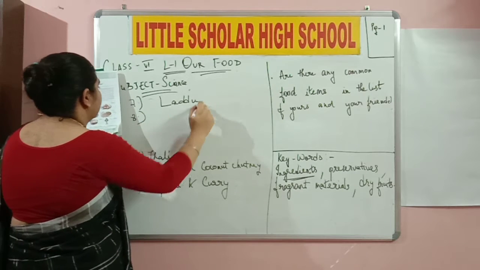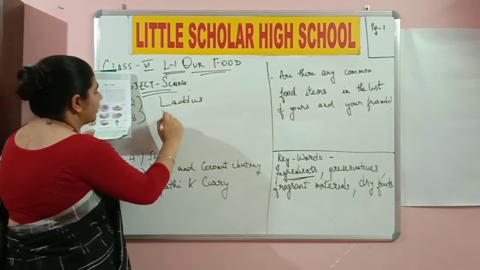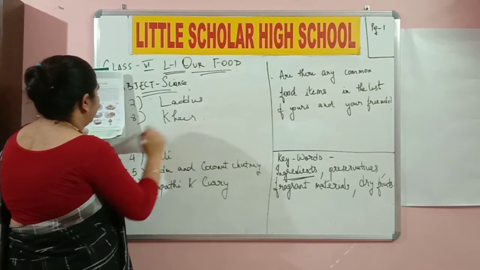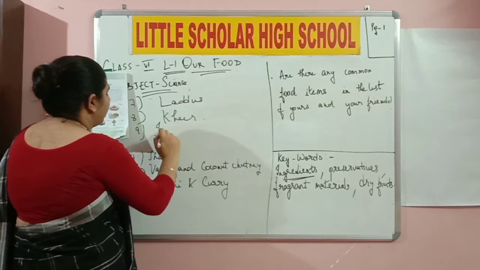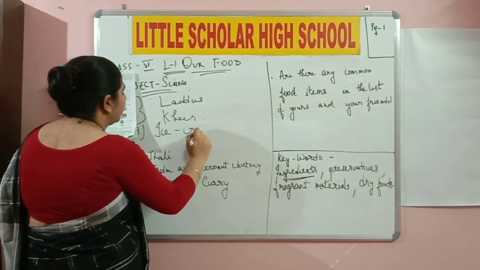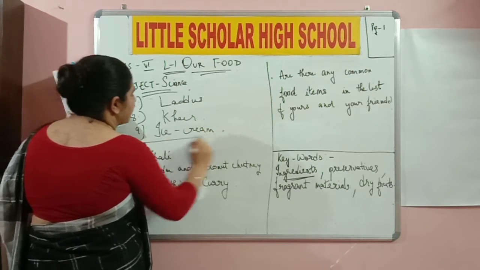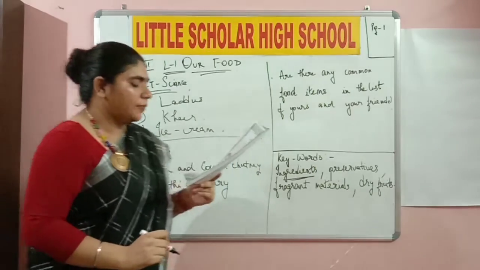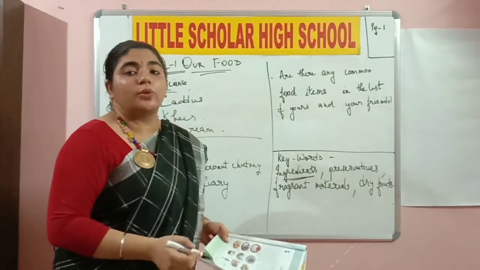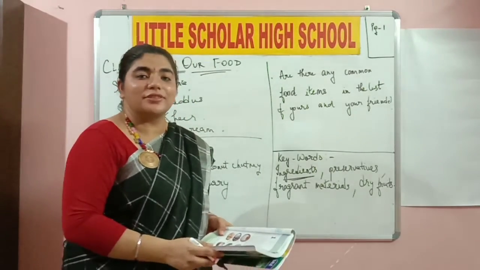And the 8th one, let's make it laddus. And the 8th one here is kheer. And the 9th one might be a favorite of too many people in our class. It is ice cream. Okay, so they asked us to name a few varieties of food and we have mentioned almost